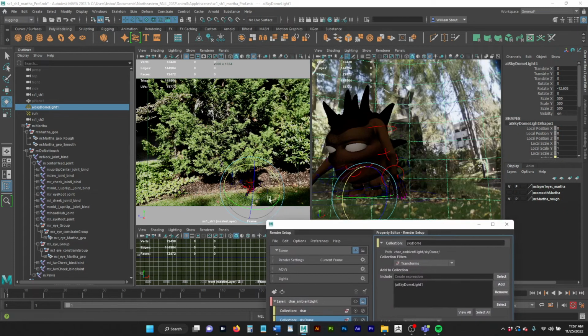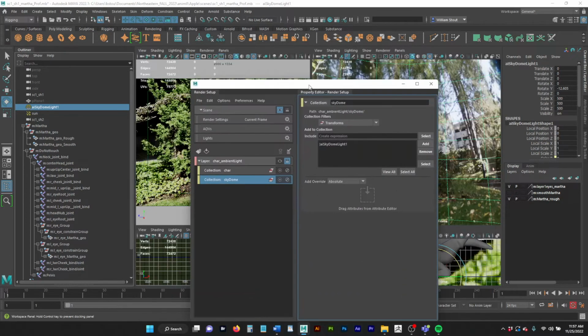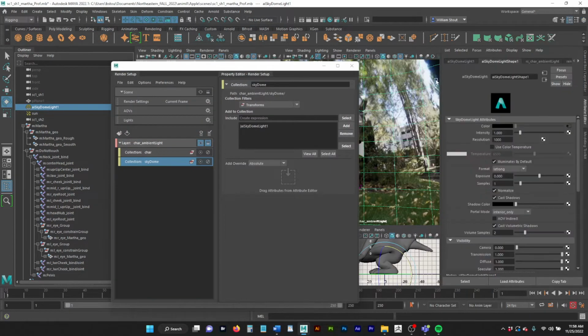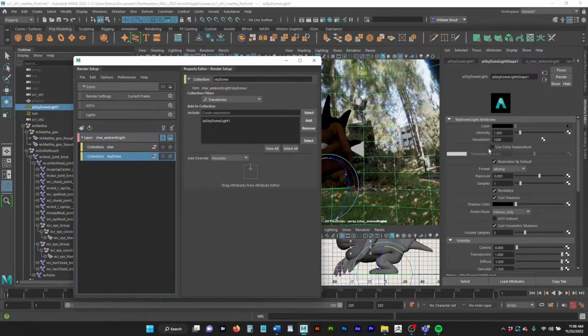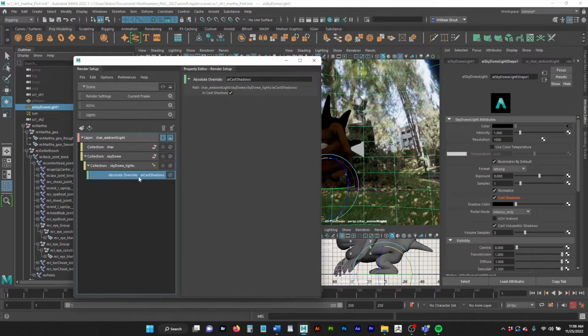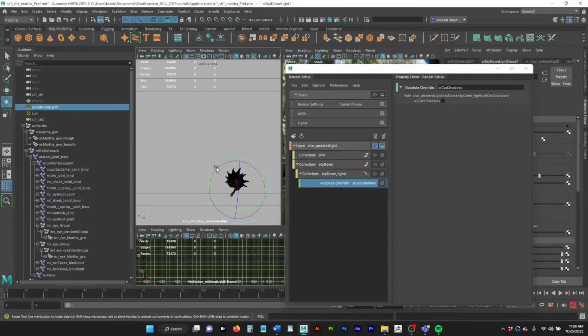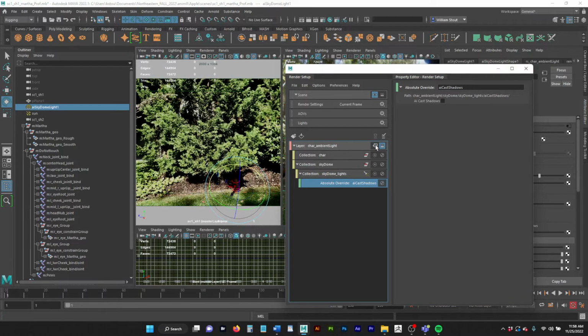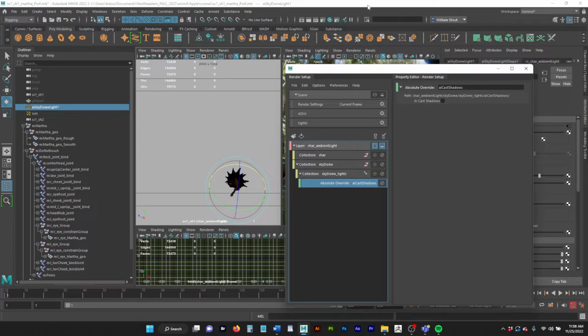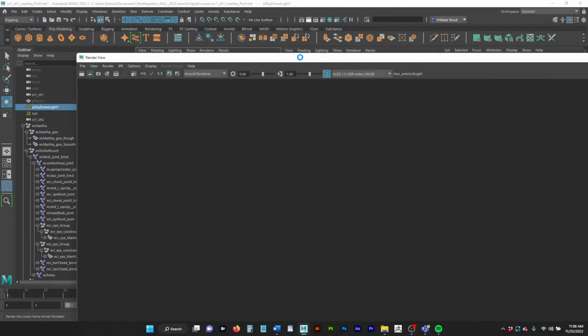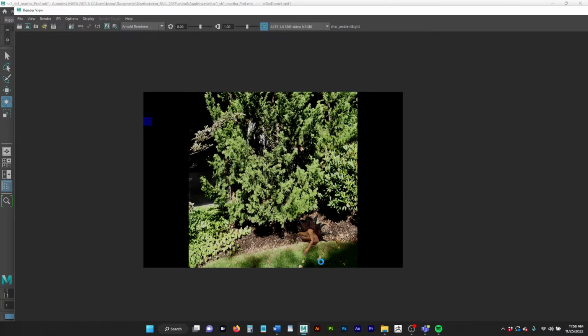Now for this first layer for her, I don't want her self-shadowing. Come over to the attribute editor for the sky dome light, and I'm going to middle mouse button drag cast shadows to this layer, click on this absolute override that was just created, and turn off cast shadows. So now come over to this panel to make sure I'm in the right spot, make sure that this is the layer that's going to be rendering, do a quick test render,